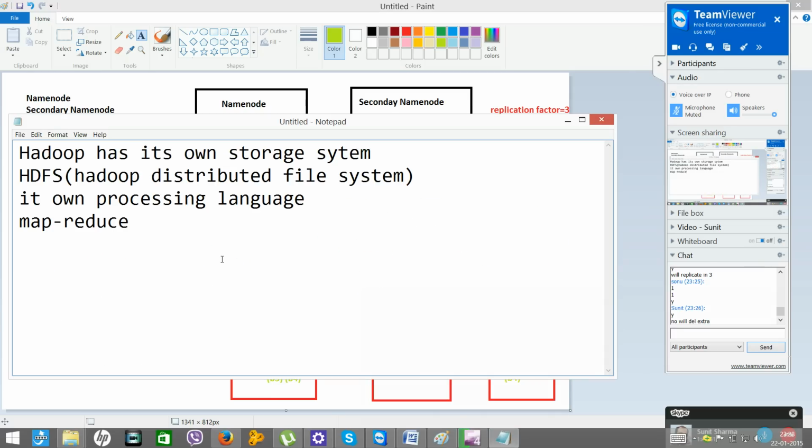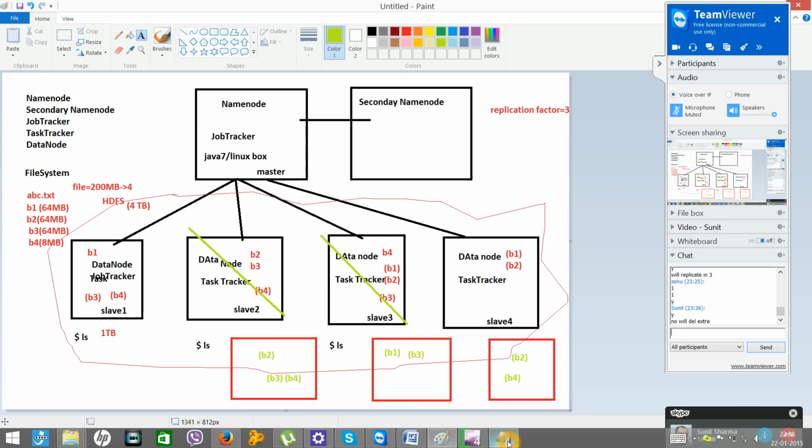Now again, let me talk about one more important thing: speculative execution. Let's say B1, B3, B4, B1, B2, B2, B4, B1, B2, and so on.